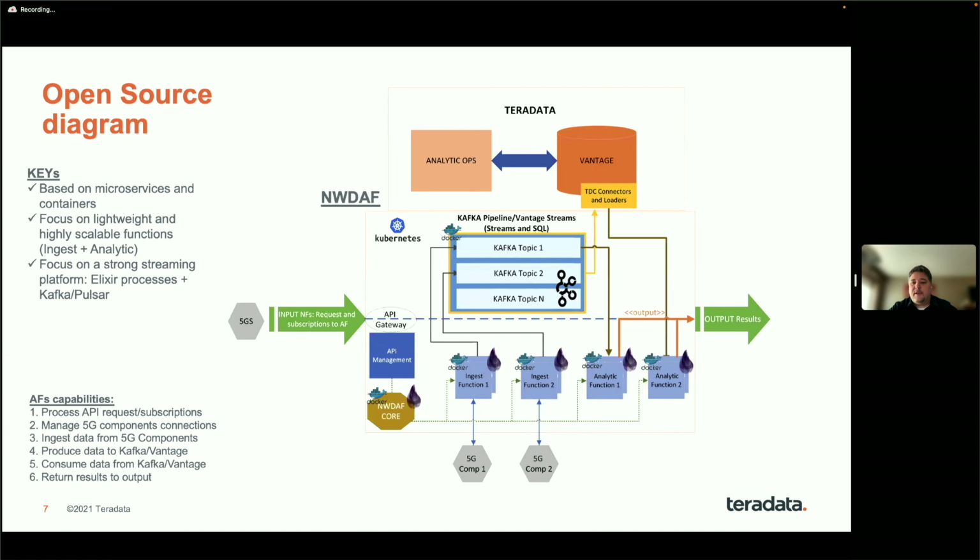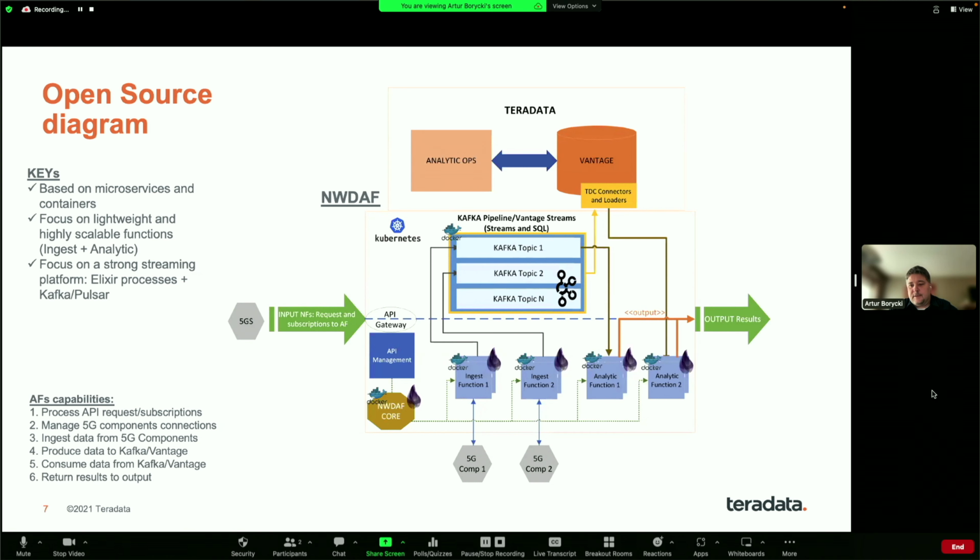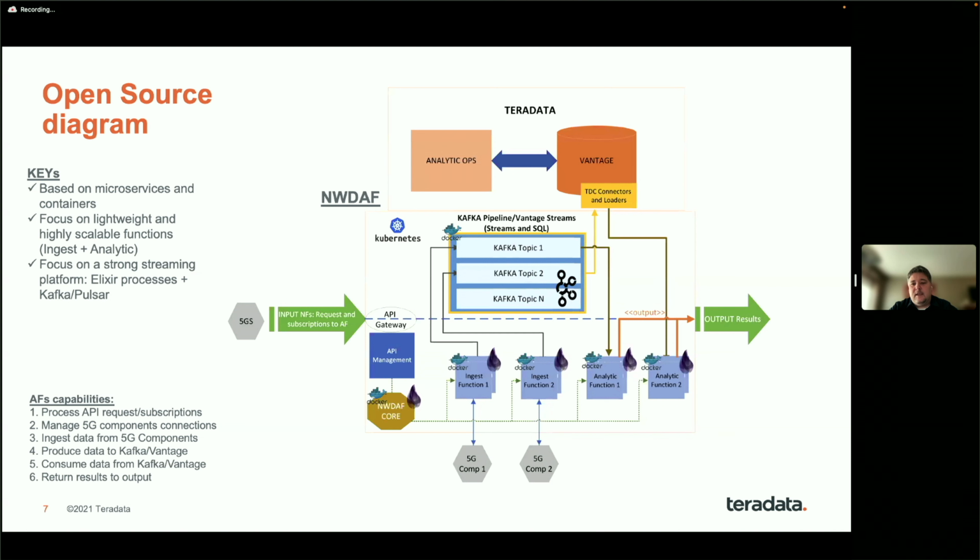But as I said in the beginning, I don't want the session to be about Teradata. In reality, you could leverage a lot of different analytical platforms. There are some which are better, like Teradata. There are some which are less efficient, but also give you a lot of capabilities. There is also a number of proprietary functions developed by probably your companies, which may require you to even provide analytics on very specialized hardware or specialized configurations. As you can see, the